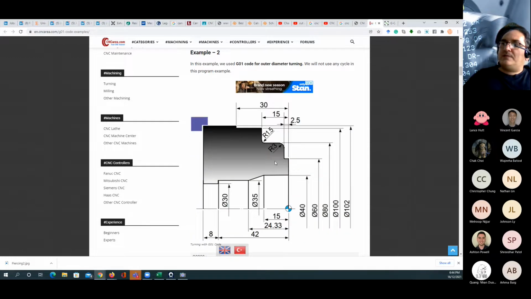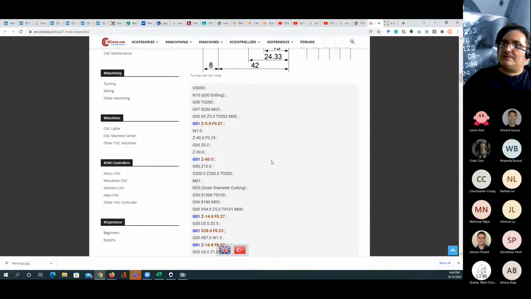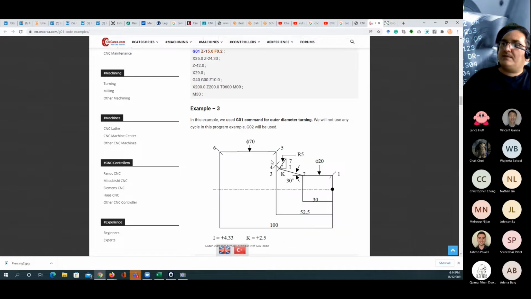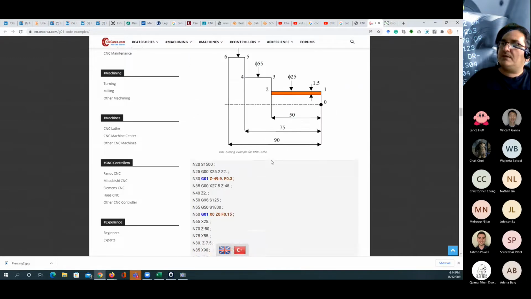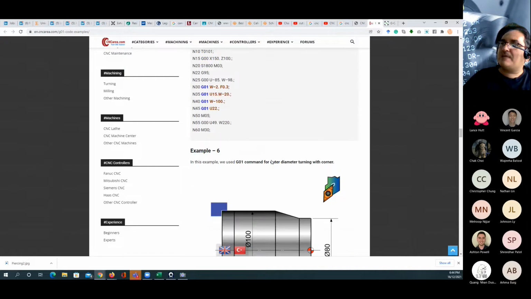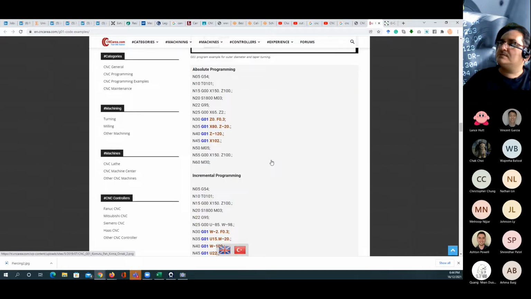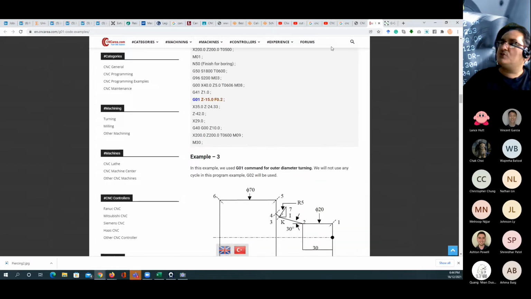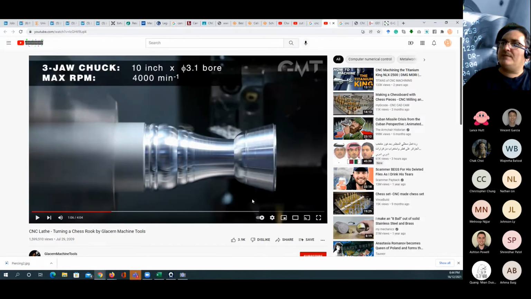We do have multiple examples. Now this one is going to have a radius, and this will make the process a little bit more challenging, but I can show you the example. But first, let's take a look at this part. I don't know if we have any of the students here who did the advanced manufacturing and did the work for the chess part. I think David